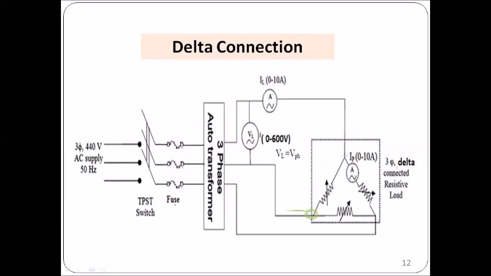Similarly, at this junction, the current divides into two parts, and at this junction, the current gets divided into two parts. The current flowing within the mesh is called the phase current, and the current which enters the node is nothing but the line current,